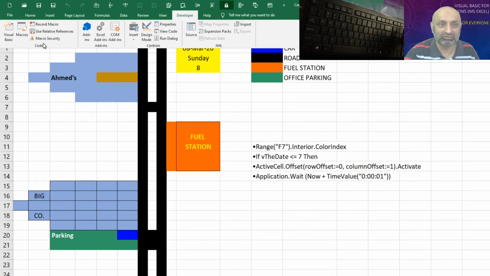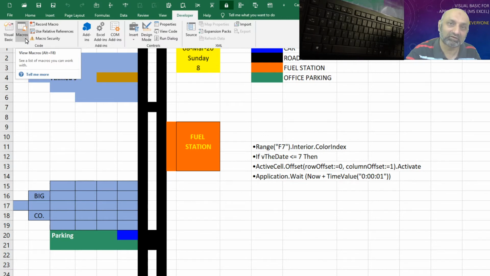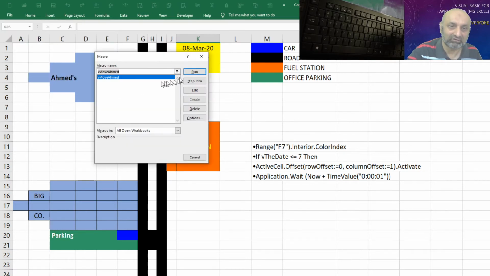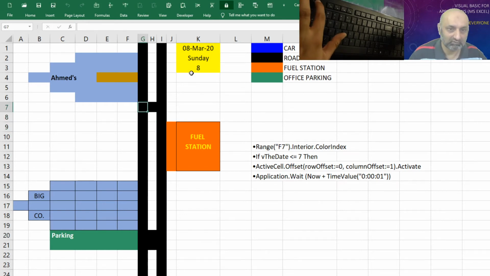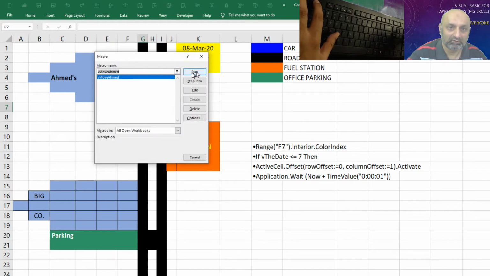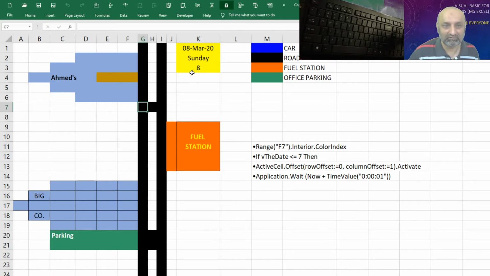It's always good to keep running your macros when you are coding step by step, so that if there is a mistake, you can identify and correct it right there and then, instead of coding the whole macro and then running and trying to fix the errors. So here it goes, our car is going to the office. Oh, that was quick. Let's run it again quickly. So you can see that the car has quickly moved back to G7, and now the last step we need to move it to F7.